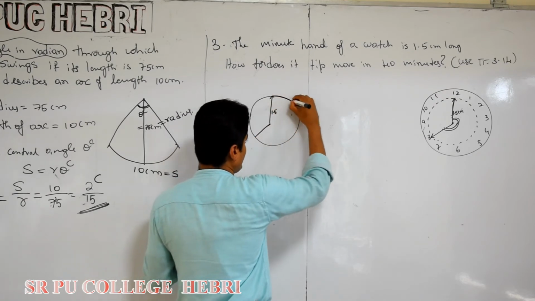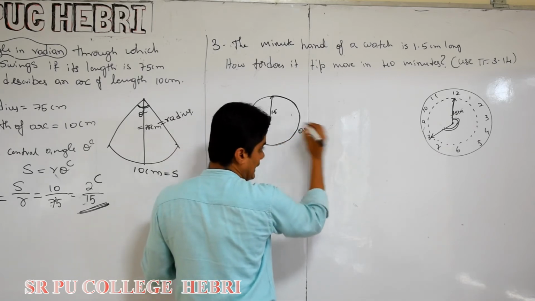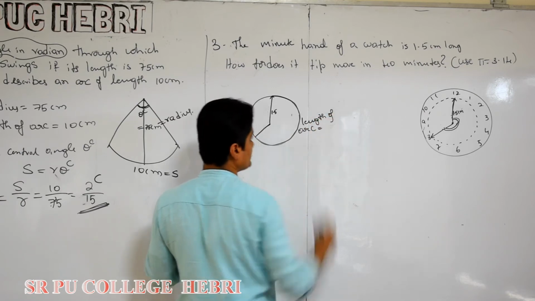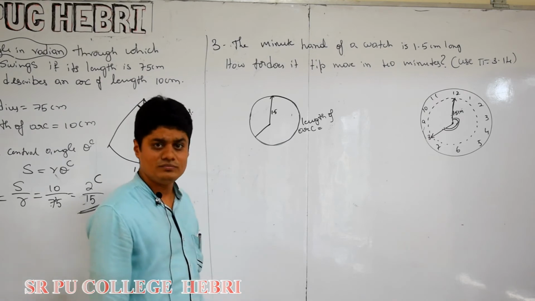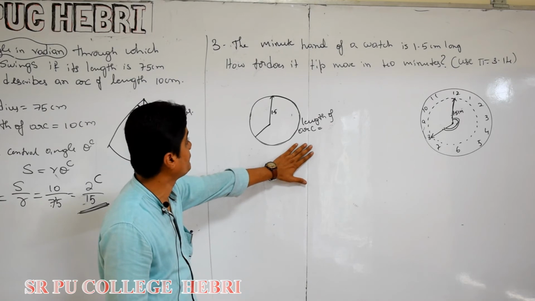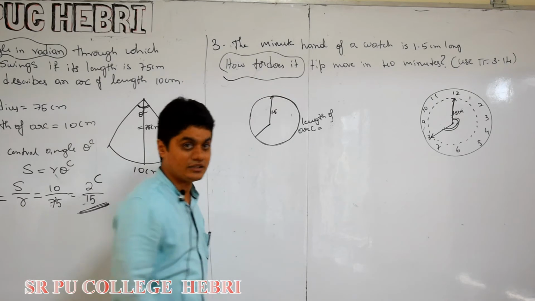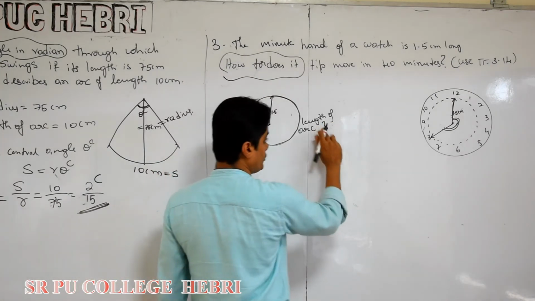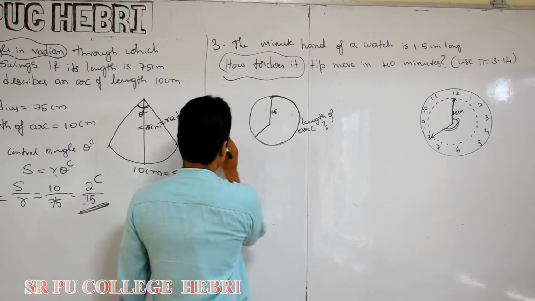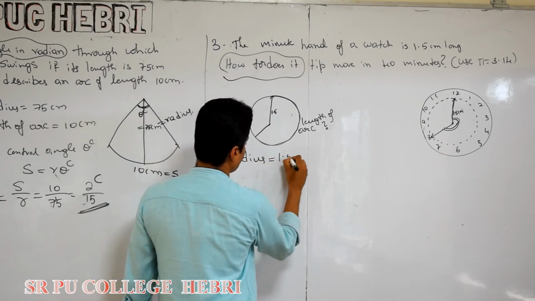So what do we call this length? This is called nothing but the arc or length of the arc. Correct? Is the length of the arc known? No, here we don't know the length of the arc, that we have to measure. How far, that we should measure. The length of the arc we have to find out. We don't know, we have to find out. And what is given? Radius is given. How much? 1.5 centimeter, correct?